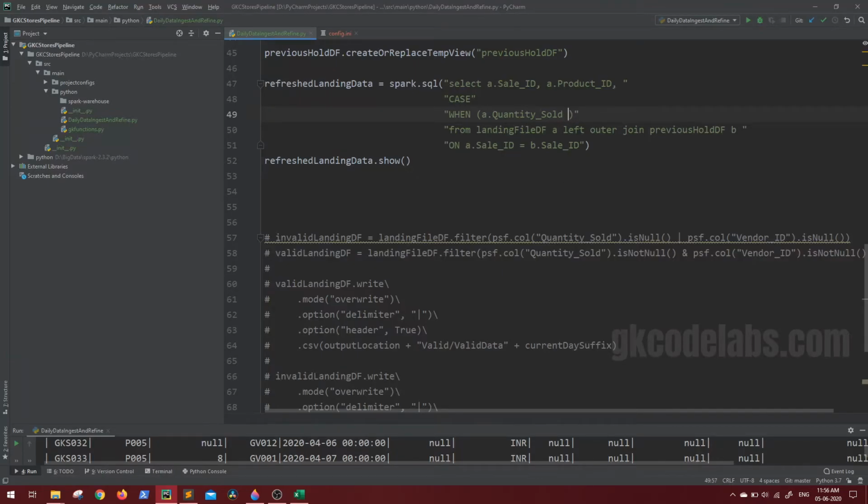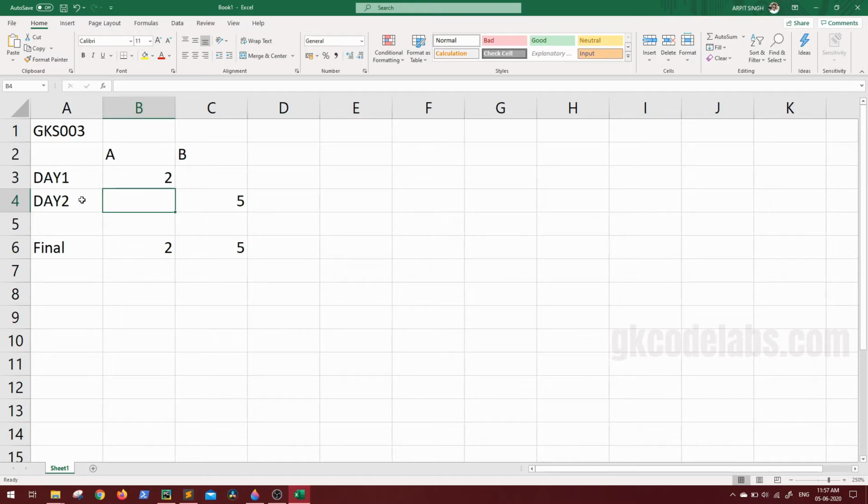A dot quantity sold is null, just condition you can mention, and then along with when you have to mention whatever step you are going to take in case the when condition is true, you have to mention it like then. Then what we have to take, B dot quantity sold. So hope that makes sense. If A dot quantity sold, that is the latest day, current day, if this is null, then B dot quantity sold, that means the previous. So even if all the columns were received yesterday, today only the updated column has come. You don't have to make it null, you have to consider the previous day.